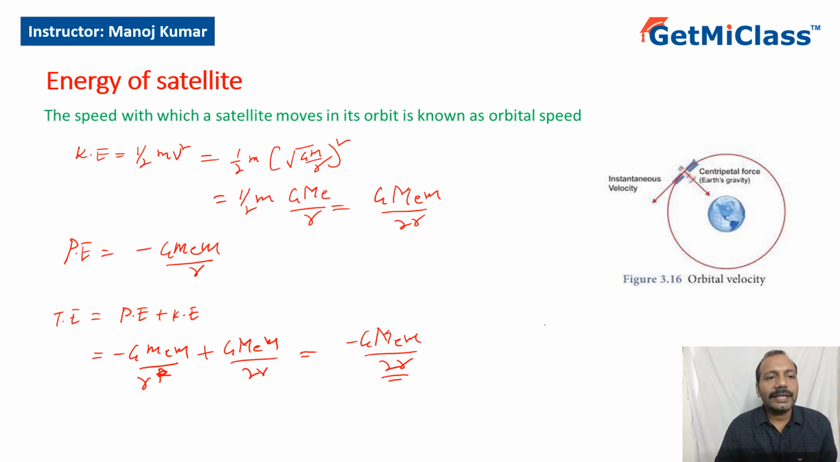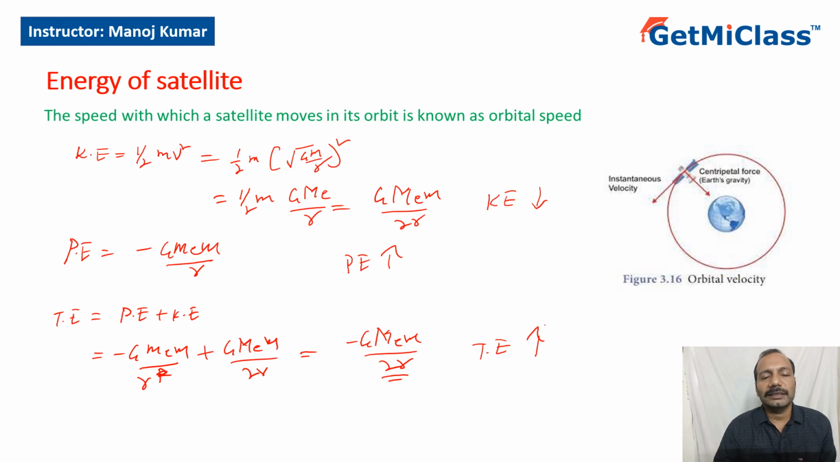Now let's look at the variation of energy as a satellite moves from inner orbit to outer orbit. As the satellite moves from an inner orbit to an outer orbit, what will happen? r increases, and because r is in the denominator, kinetic energy would decrease. Now look at potential energy. As r increases, the magnitude would decrease, but because there is a negative sign, the value would increase. So potential energy would increase. And in total energy also we have a negative sign, so total energy would increase. So if a satellite is moving from an inner orbit to an outer orbit, its kinetic energy decreases, potential energy increases,